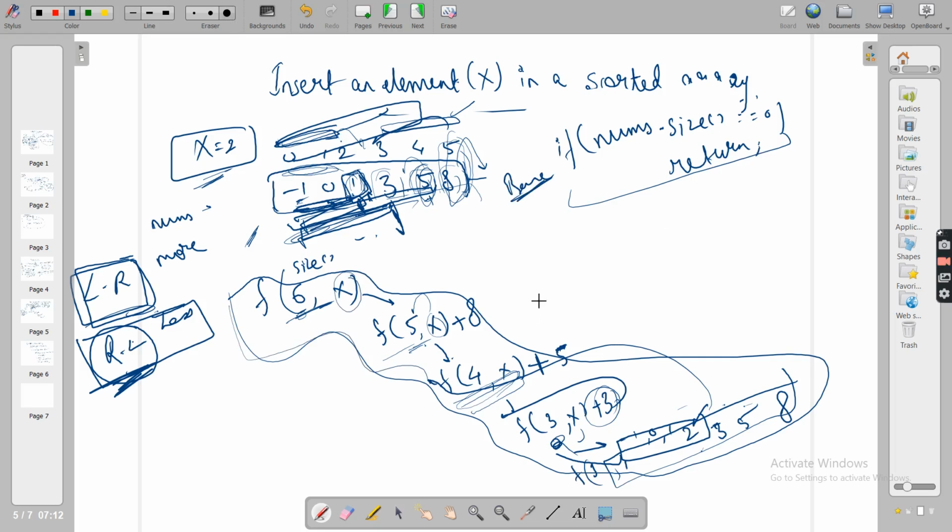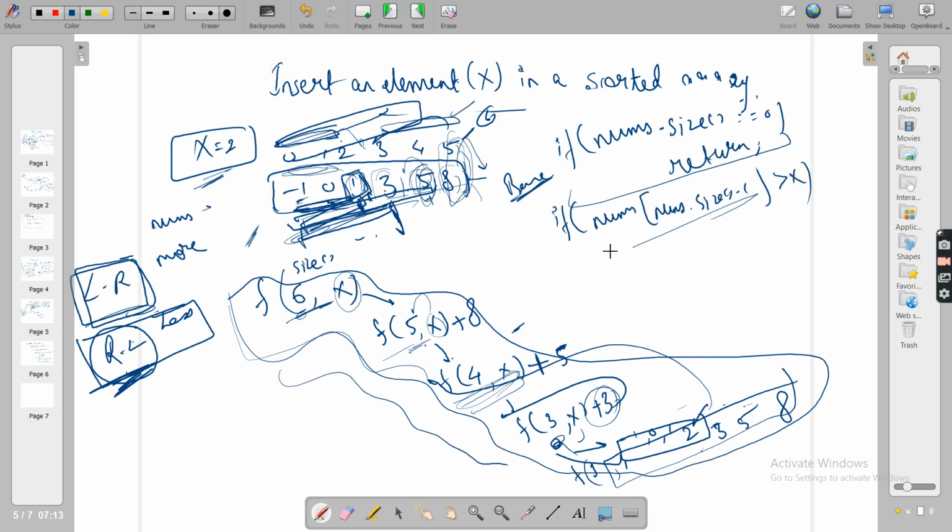See here, all these points. That is where we have to do all the induction and hypothesis steps. You have to see how you will get the last element, which means index size -1. Here the size is 6, so 6 minus 1 is 5, and 5 is the last index, right? So nums of nums.size() - 1 is your final index. If this value is greater than x, then only you call all this recursion.